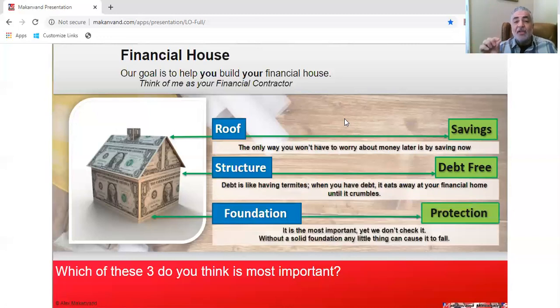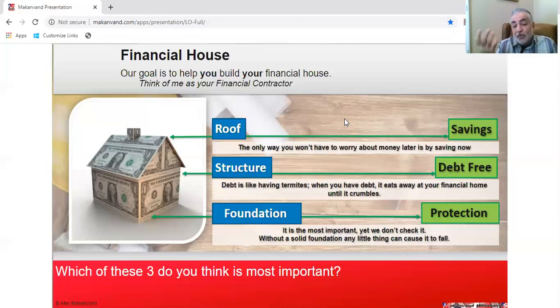And the foundation of your financial house, John and Mary, that's the protection, because it's instantaneous. As soon as you invest in life insurance and you get some life insurance, that's like pouring in the foundation of the house. You're protected. It's instantaneous. Right away, you have peace of mind. The other two, saving money and getting out of debt, that's like building the house one brick at a time. That's like putting a roof on one tile at a time. So those things take time, while your foundation is instantaneous. You put it in, it's done, and you feel safe, and then you build on.